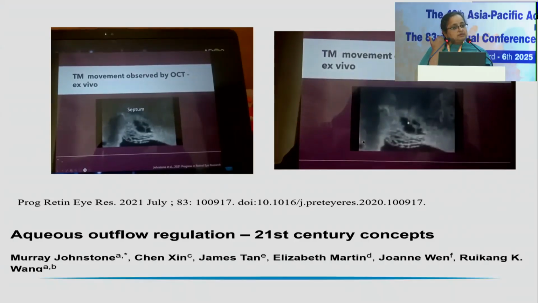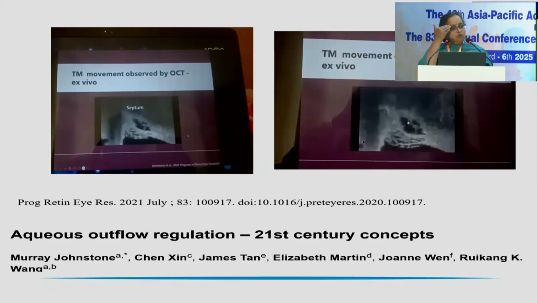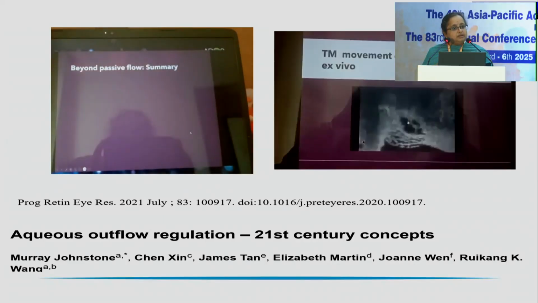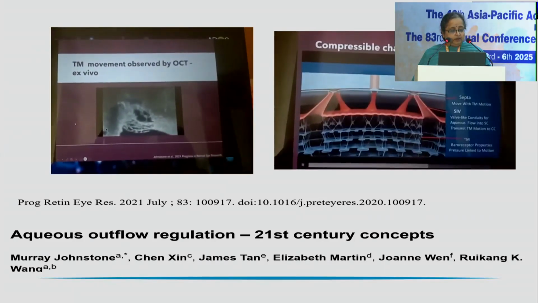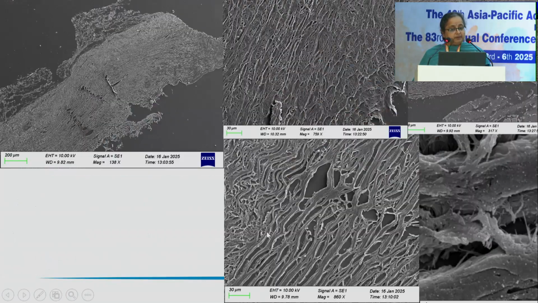Remember, your Schlemm's canal is 360 degrees, so it's really a wonder how, in the superior quadrants or a nasal or a temporal quadrant, the unidirectional flow is maintained. How is that maintained? Because it has to act against gravity. So the presence of these valves is possibly helping the unidirectional flow towards the Schlemm's canal, and it is an active procedure if we are to believe that these valves exist. But these were in porcine eyes. Now we wanted to see whether they can be present in the scanning electron microscope also, obtained from patients.